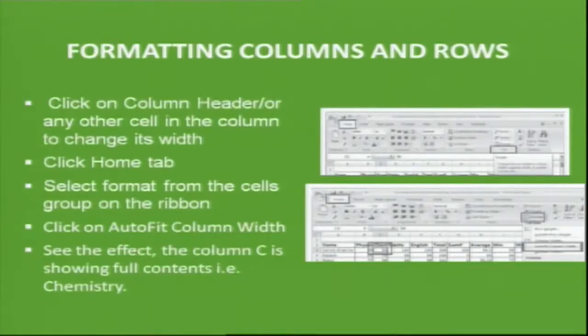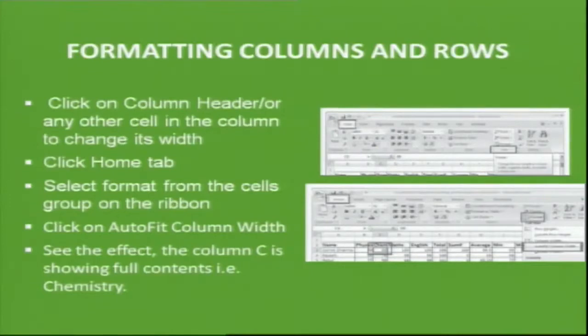You can do the AutoFit by selecting the particular column, or if you want, you can just move your mouse and select the particular column name. If you double click on the particular column name, then it will display the content fully. So suppose in the G column some content has been entered and that content is not getting displayed fully. What I have to do is go to the G column, and on the right side there is a small line.